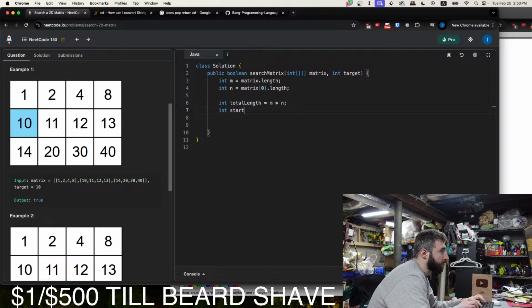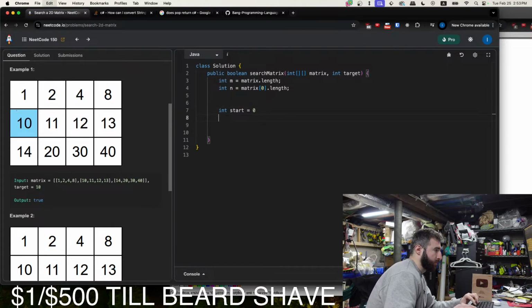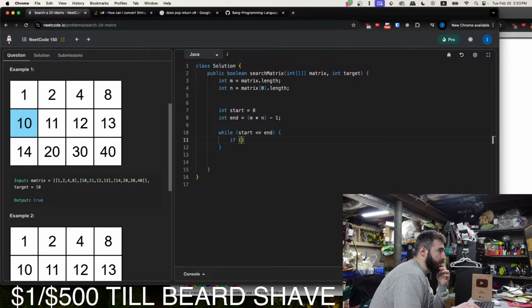Int start equals 0. Int total length is, let's just call this end. Let's move this down. Equals m times n minus 1. All right. So it's basically the same thing as the other one. While start is less than or equal to end. If so, this is where it gets complicated.